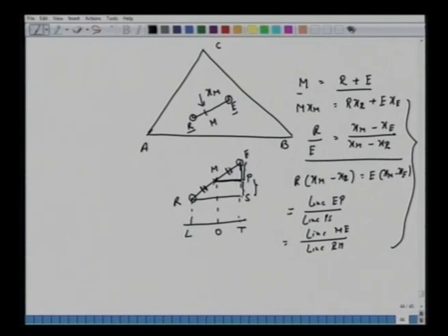But it's all about the mixing rule, irrespective of the state of the two phases, whether miscible or immiscible. If I choose any two coordinates here, R and E, with the compositions XR and XE, and mix and ask what is the mixture composition XM, this XM will be given by the ratio of the two segments. Or given the ratios, given the mole fractions, the amount of R and E will be decided by this ratio of the two segments. And this point has to be on this straight line connecting R and E. So the same argument we had in the case of distillation, here also we say that for this ABC phase we have similar applications. All right, check.